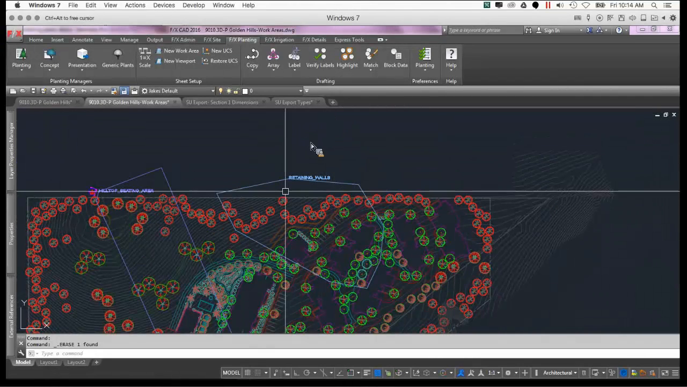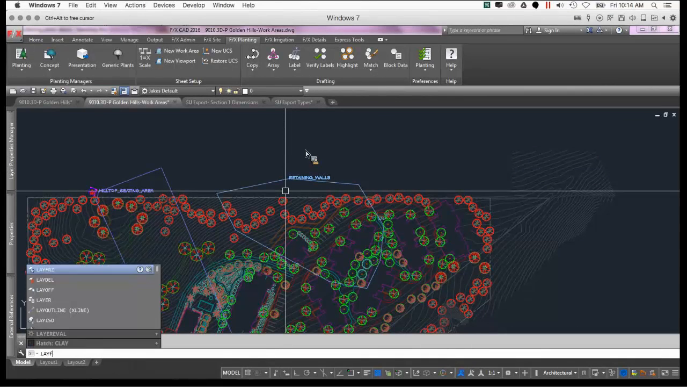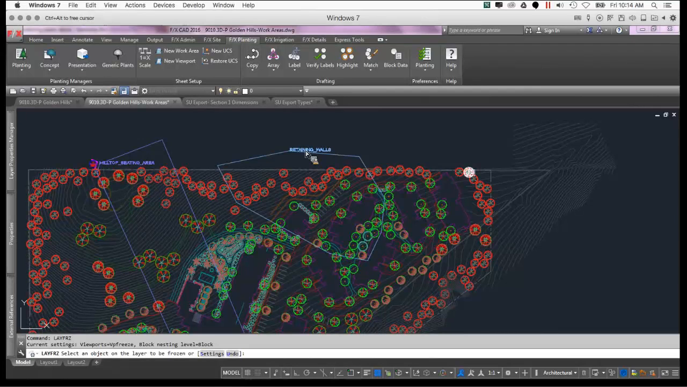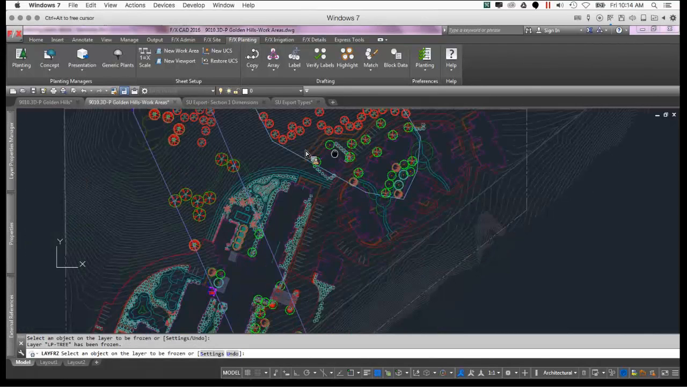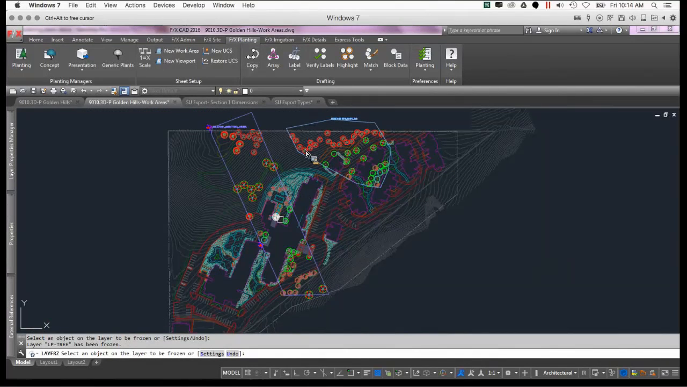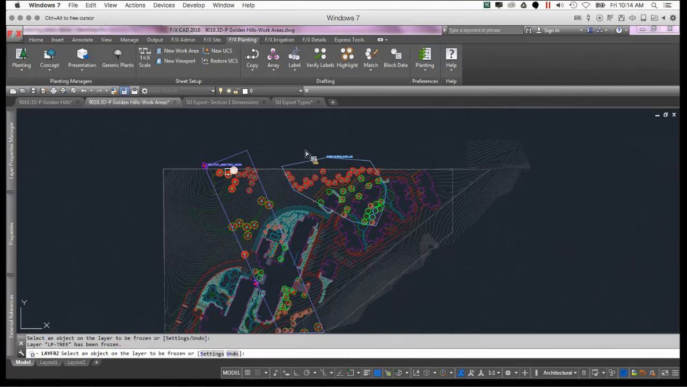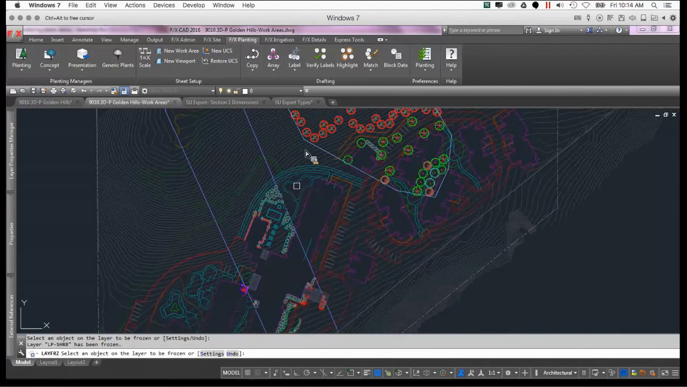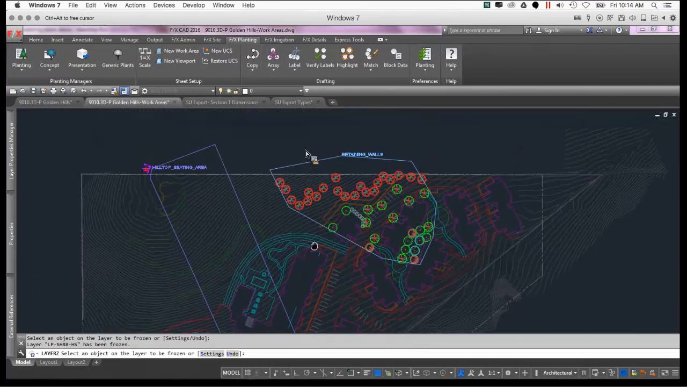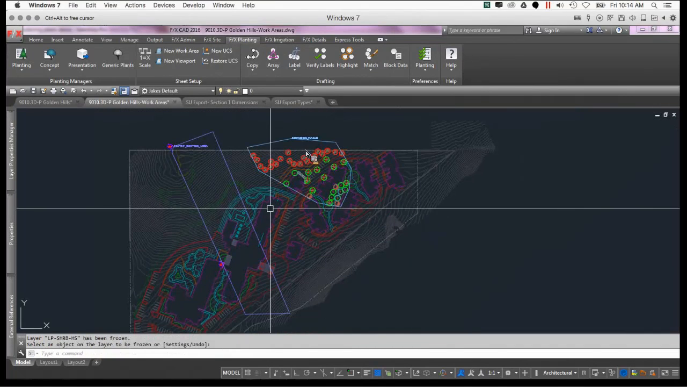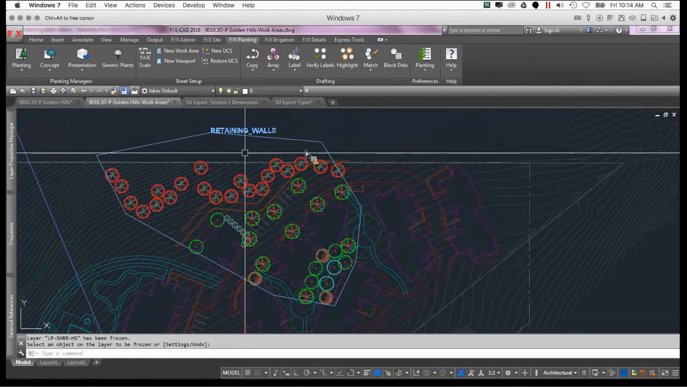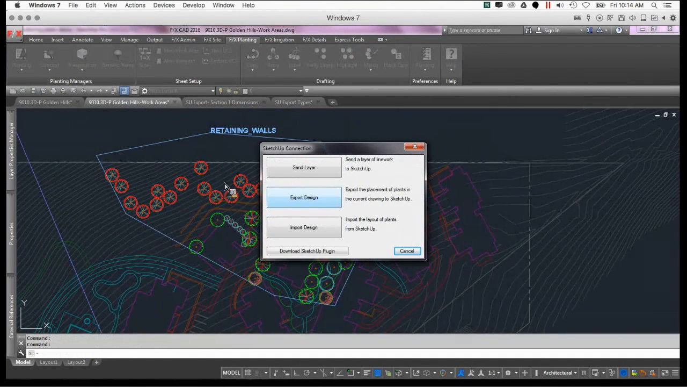So if I use my lay freeze and I freeze all of the LP tree layers, you'll see that everything disappears except for these two work areas. This guy has its own separate work area suffix, so I'm going to freeze those trees as well as the shrubs. So really quickly you can see that I was able to limit where I wanted these trees to come in. From here I can go ahead and export my design,